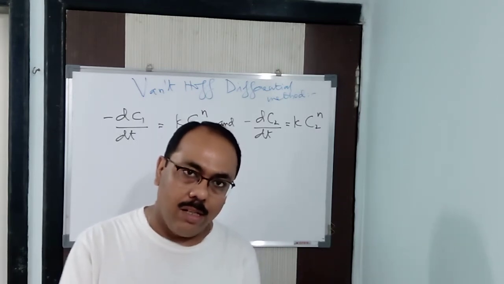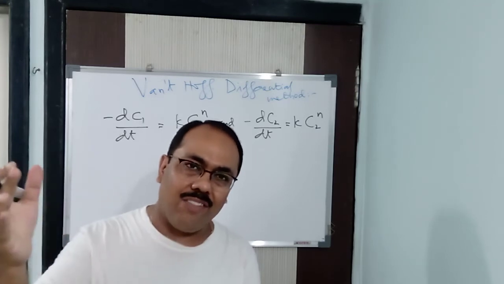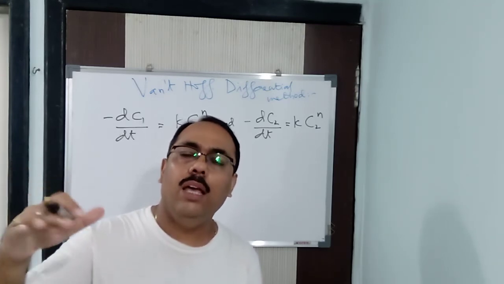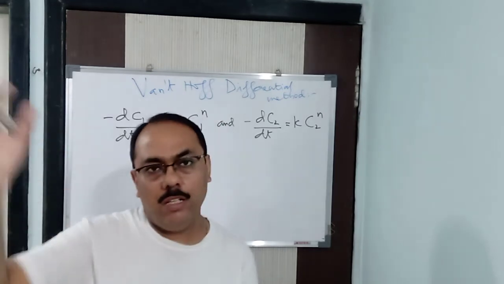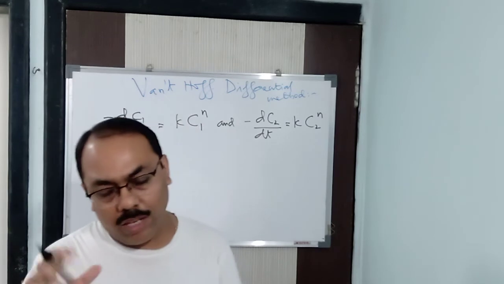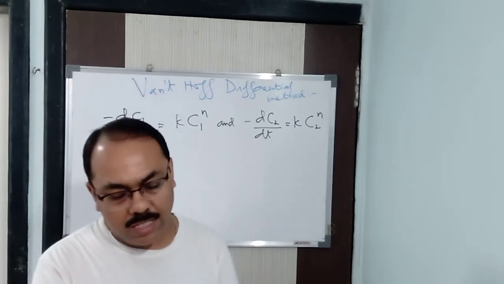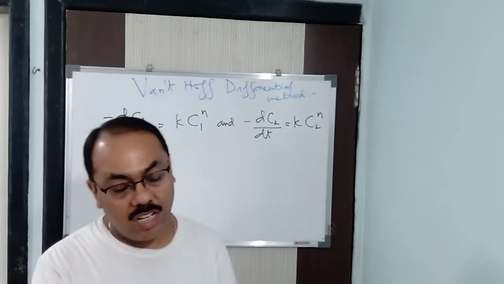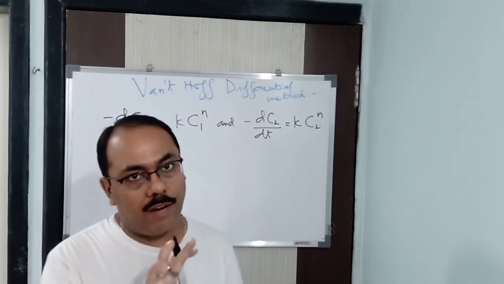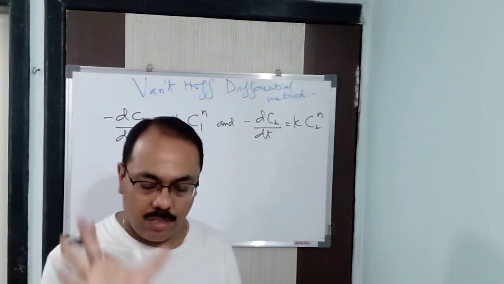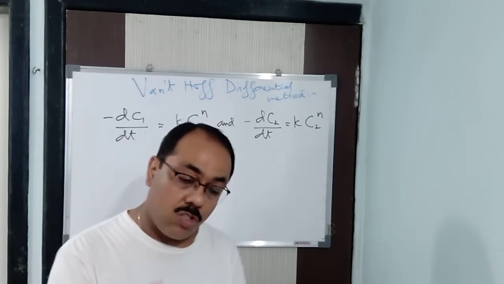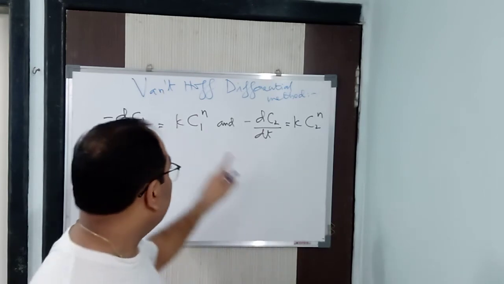For C1, the rate of reaction will be nothing but R is equal to K1 into C1 into N. Got it? Or KC1 into N, we can say that. If the temperature remains constant, then the rate constant is also constant. If the temperature is changing, then one will be K2, another will be K1. I have discussed this with you earlier. Listen, remember this particular one. Here the temperature remains constant, so here the rate constant is also constant, that is K and K.